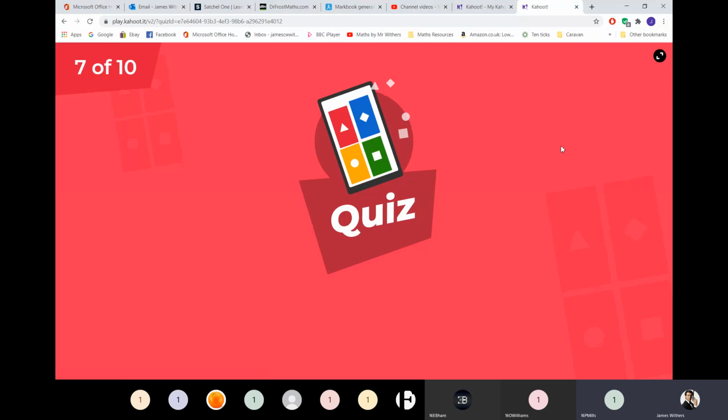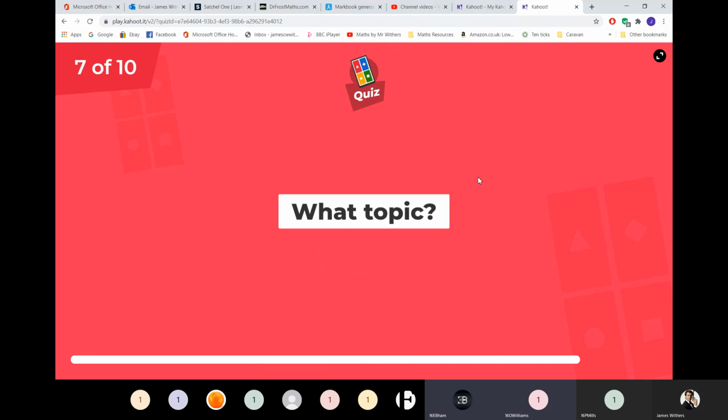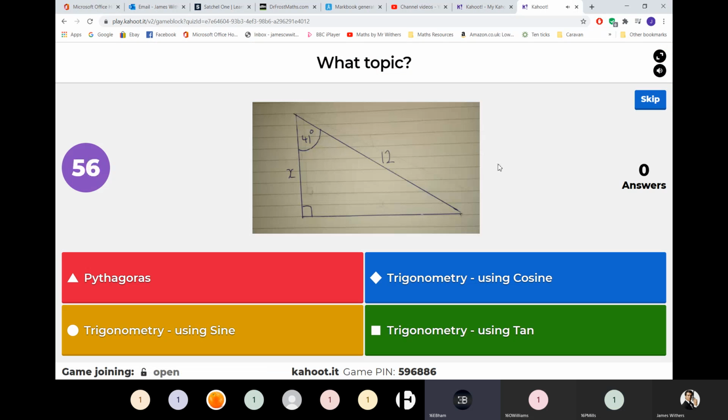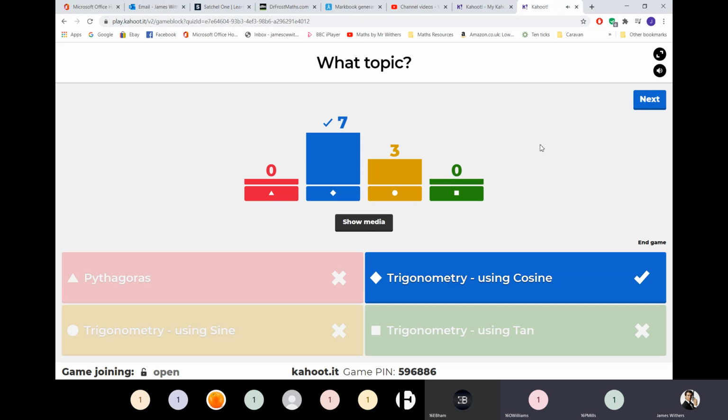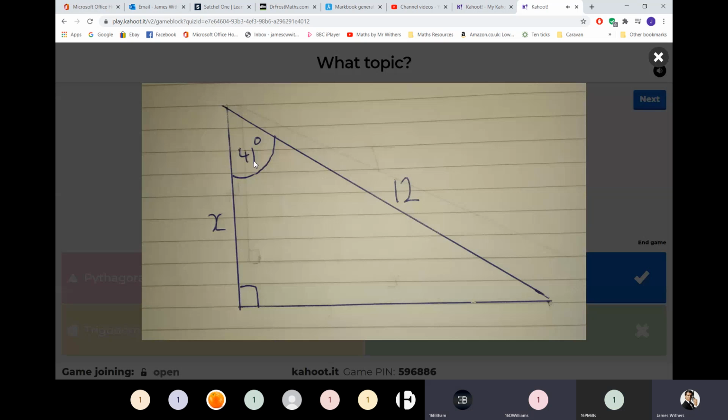Right. You ain't getting past me, George. Maths. Topic. I don't know what topic that is. Trig. Bit slower, but perfect. Who's taking forever? Well played, 7 of you. Just to remind you, here's the angle. That's adjacent. No, that's hypotenuse. So that is cosine. I just said it in my head and I thought, oh, yeah.